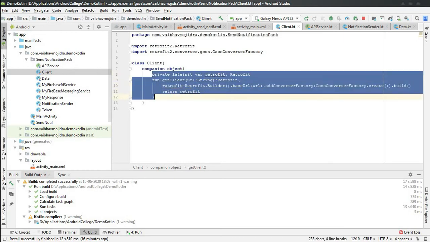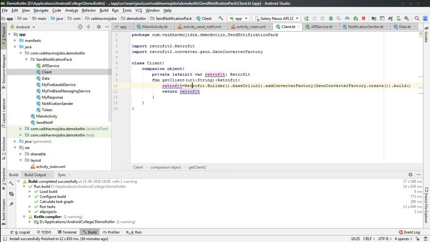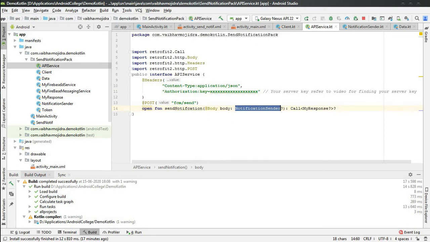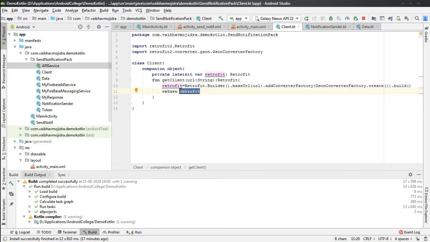Now let's go to our client. What is the client? We are registering the retrofit, initializing the retrofit object. If it is not initialized, it won't work. So we are initializing and returning it, and this will be stored in the service API, because the service API requires a retrofit object.